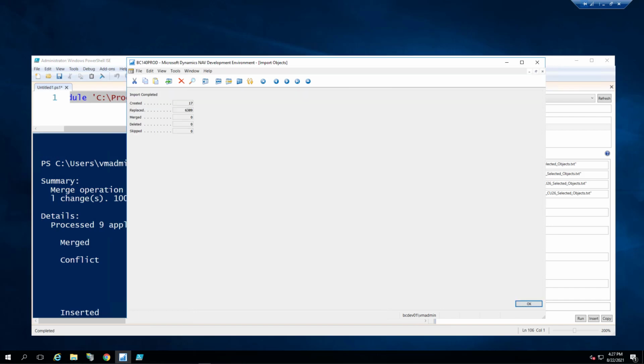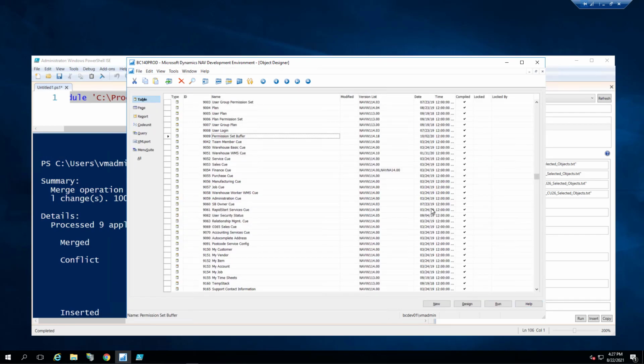Okay, so now that's done. It created 17 new objects which are part of the cumulative update 26, and it also modified or replaced 6389 objects. Now our code base is also cumulative update 26, but that's not it. We just have to take some final steps to complete the platform update, to apply the cumulative update steps, and that starts from PowerShell,